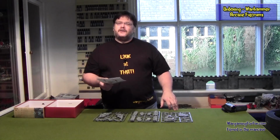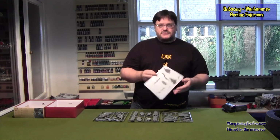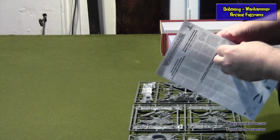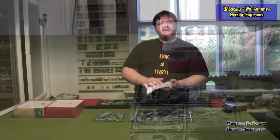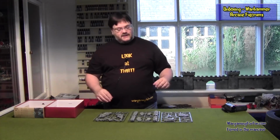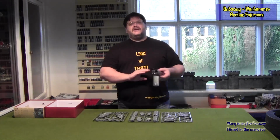As with the other Arcane Fulcrum set, you get three sprues and a set of clear instructions, showing a photographic representation of the models. Could be computer generated, and how they go together. Not much wordage in there, but you don't need lots of words. Pictures often speak a thousand words, as the saying goes. So let's have a look on the close-up cam at the level of detail in these little...